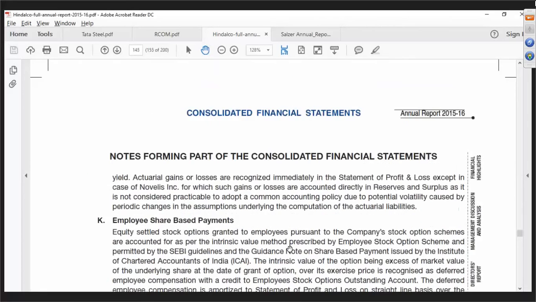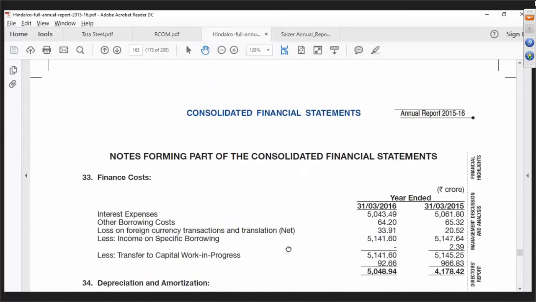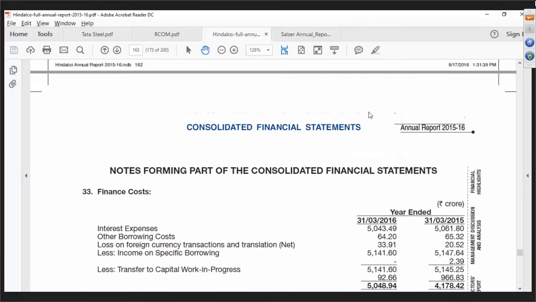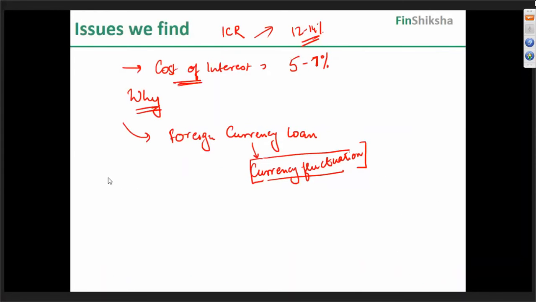Let's go further and let's figure out what the company has done looking at note number 33, right? In note number 33, the total interest expenses that you spot are about 5,000 crore. Other costs, loss on foreign currency transactions, income on some borrowing, and then you have something called transfer to capital work in progress. About 1,000 crore of interest was transferred to capital work in progress. So the second problem that comes is you are treating interest as capex. Now again, nothing wrong in it. It's just that when you are actually evaluating, it will create a problem. When does this happen? This phenomenon is called